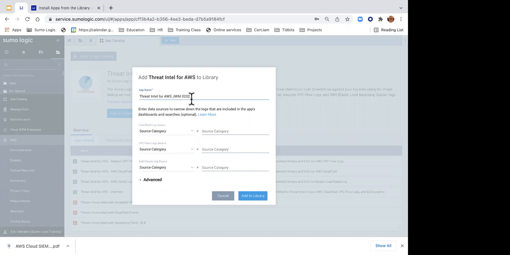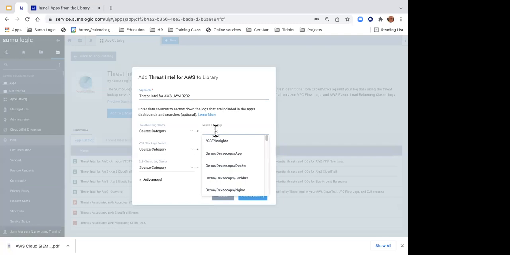So you give the app a name, whatever you want to call it, and then you tie it to your data and where your data is coming from. I'll talk about that more in just a minute, but let me get through this exercise. Here, my CloudTrail log source has a name.